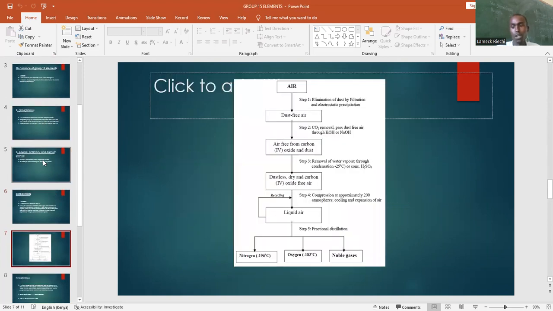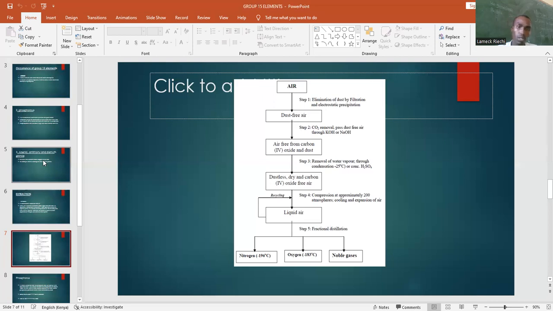This extraction of nitrogen occurs in a process called fractional distillation of liquid air, and it is carried out through 5 chambers, which are purifiers, absorption towers, coolers, compressors, and the fractional distillation chamber. In the first chamber, the air is allowed in, then the dust particles are removed, whereby the clean air is allowed to go to the next chamber, which is the absorption tower,